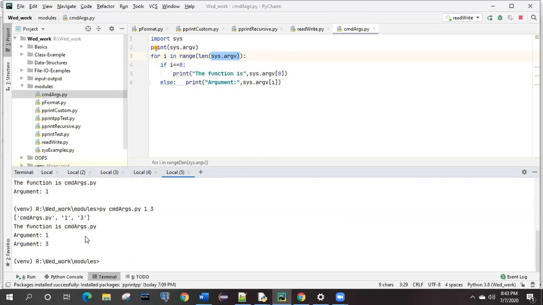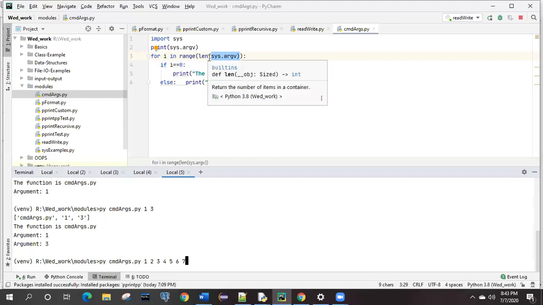See here how it is working. Argument 1 and argument 3. What can I pass? We have passed 7 different values, right? And we have not restricted what the number of values could be.